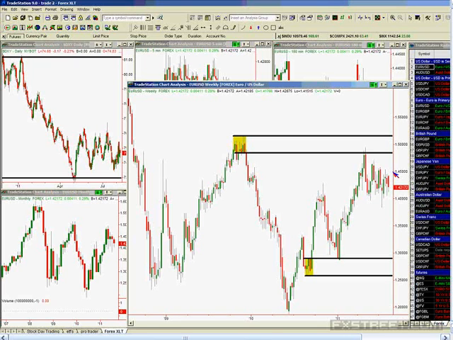So what does that tell us about the supply and demand equation here? Lots of supply or not too much supply? In other words, small imbalance or big imbalance? What does that tell us? Yeah, pretty big imbalance, right? Exactly. So normally we only want to take, remember one of the odds enhancers we talk about, we only want